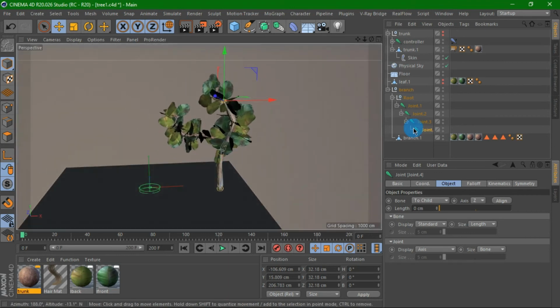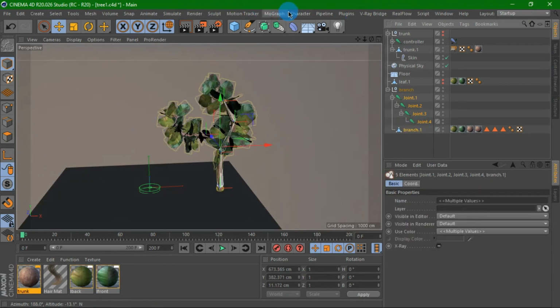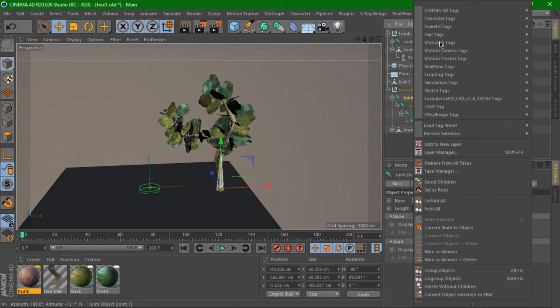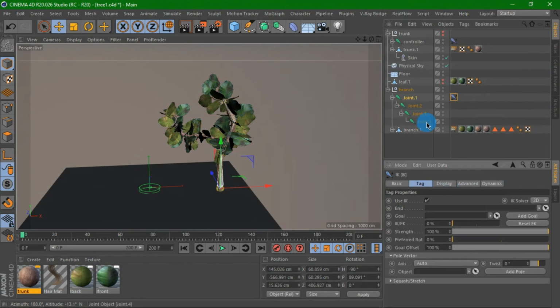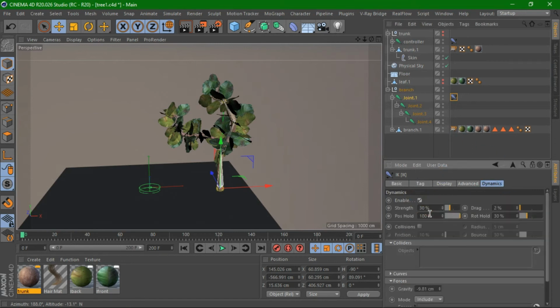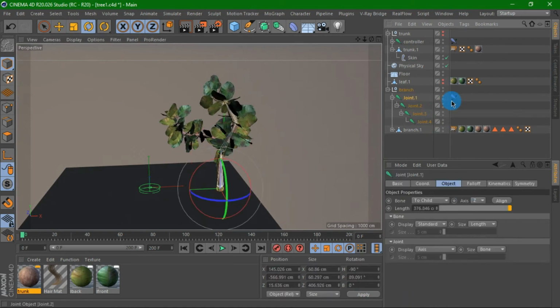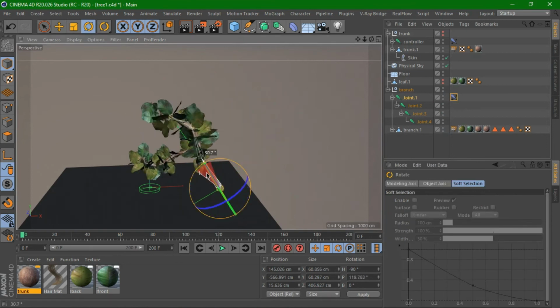So to add this, let's select the branch, then go to character, let's blend it again, and here we are going to add also IK, and then go to the tag, select, then add dynamics, and we have dynamics also on this one. So let's make this a little bit of strength, so as you can see,